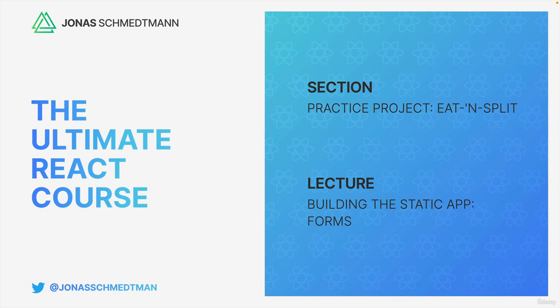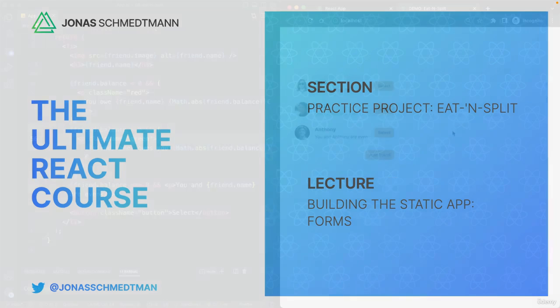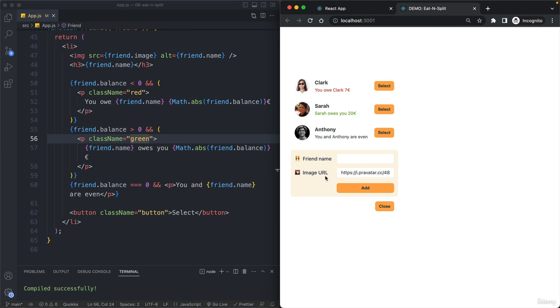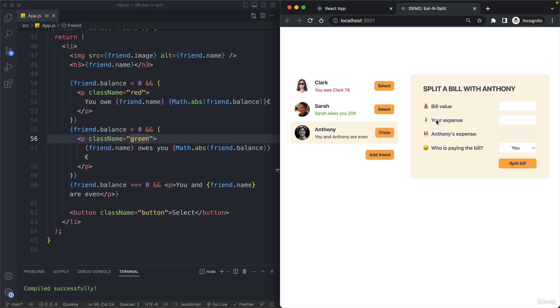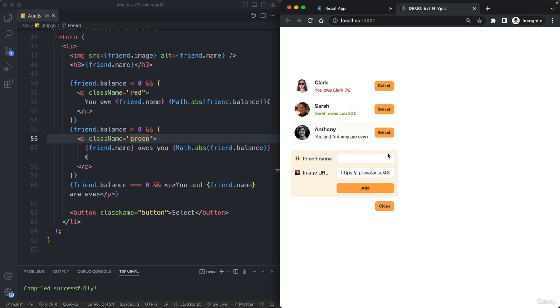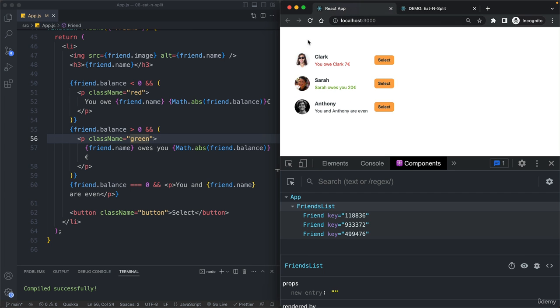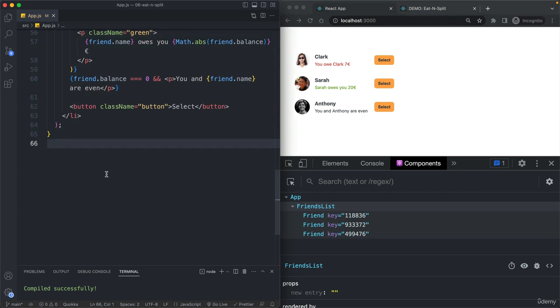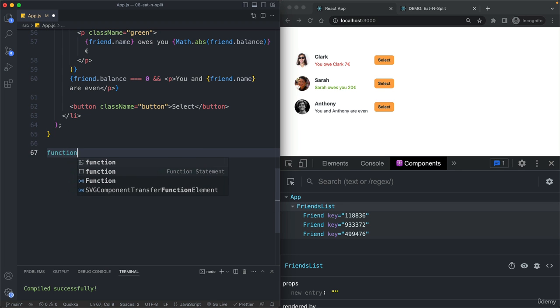So we already built 2 of the 4 components that we identified, and so next let's build the 2 forms. So that's this form right here, and then the main bill splitting form. But we will start with this small and easy one down here. So back to our app, let's create the next component, which is called form